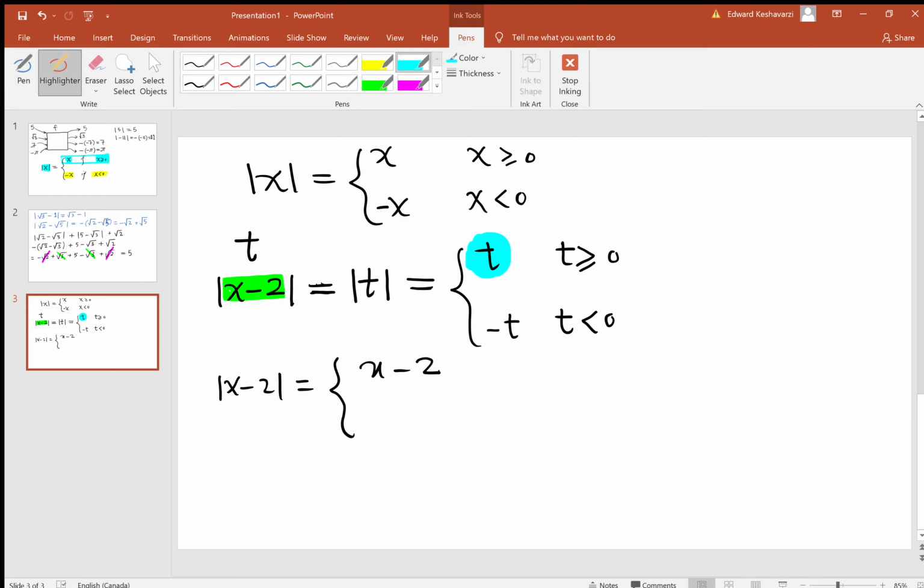The t here is also the same, right? T doesn't change. T is itself everywhere. So it's x minus 2 is larger than or equal to 0. Here we have